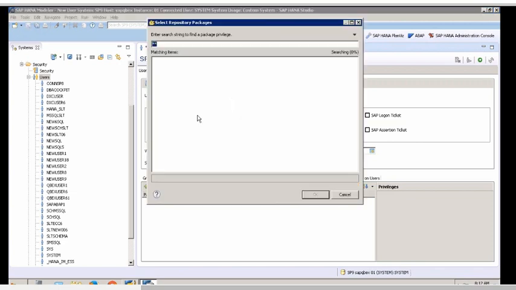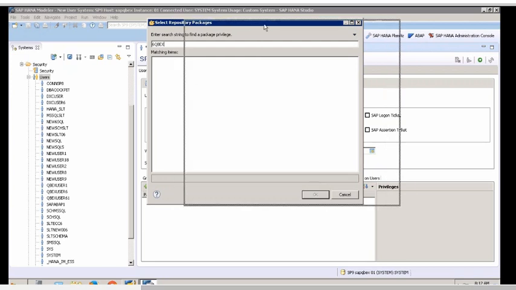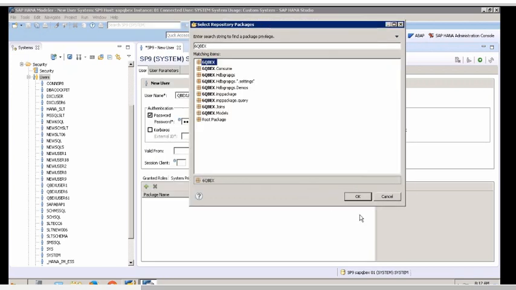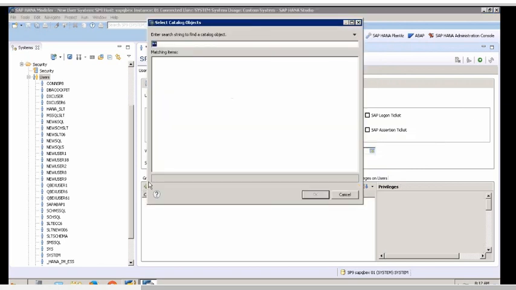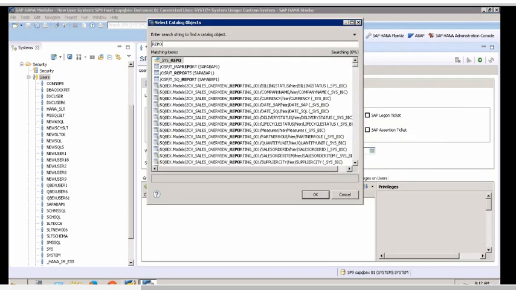I just give him access only to the 6 cubes. He will not have access to all the packages. I just gave him access only for the 6 cubes. And I just give some privileges on the repository.